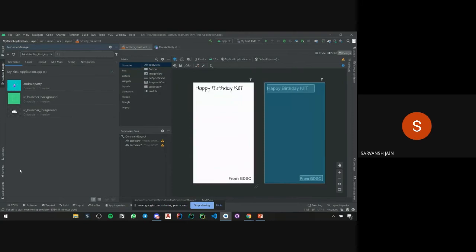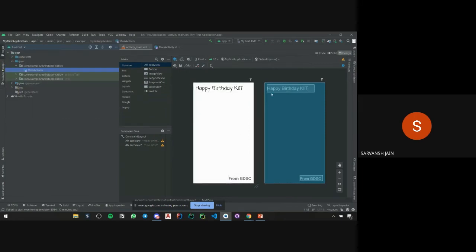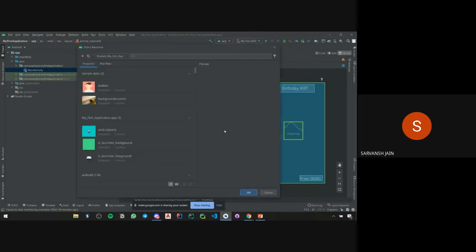So as you saw, first only these two were available. Now there's one more, Android Party, available. Then we'll go back to our layout, and then we'll go to image view from palette, and we'll drag it and drop it.